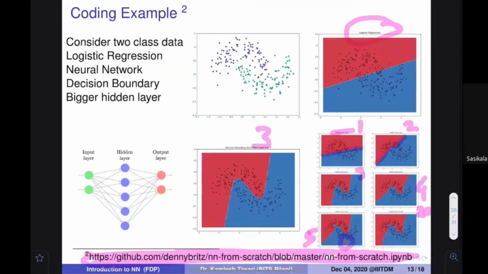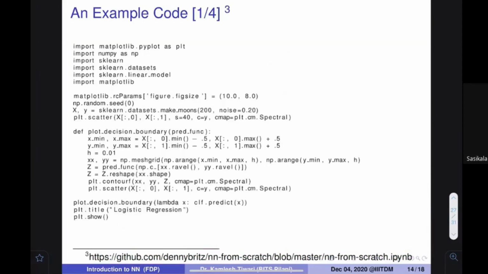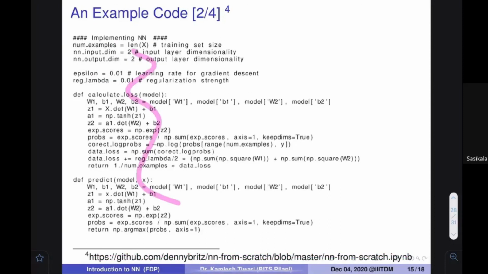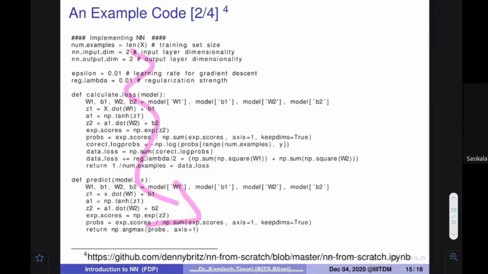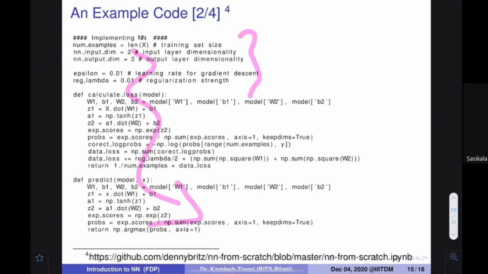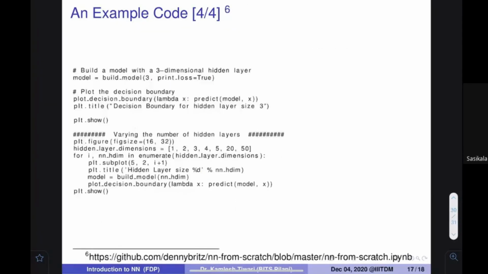So this is the example that I have for you. It is code that is there on this website. I would not go into that much detail, but you can see all these codes available, and in the next lab session you can see this. Try to find out how to do that. This is the code, how to build the model. Different things are there, how to build a model and how to define those things in Python. All these things are defined over here.